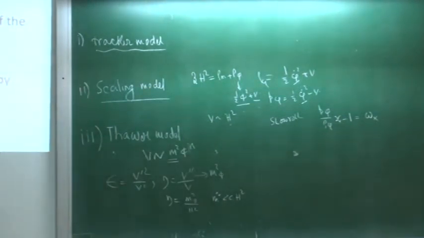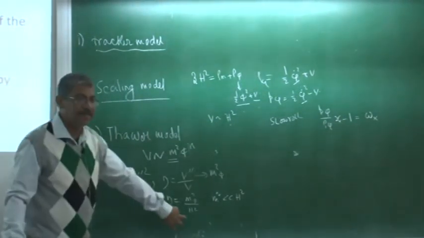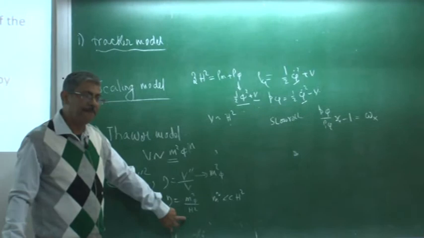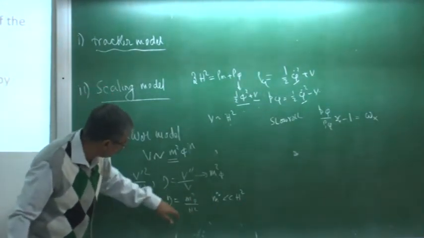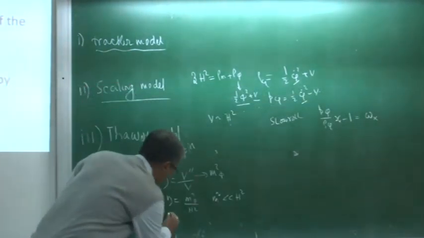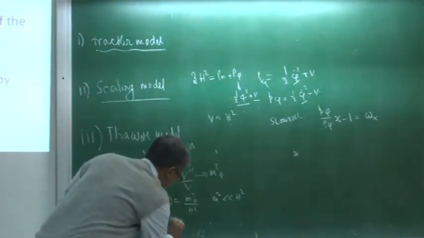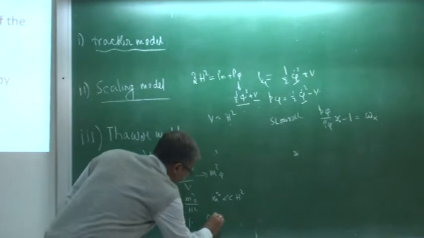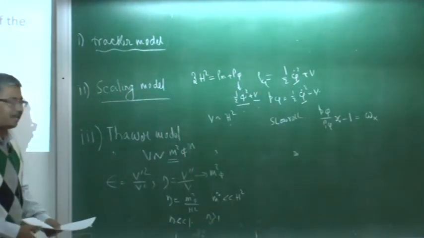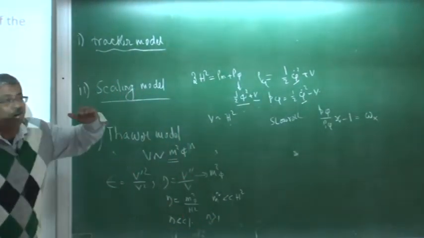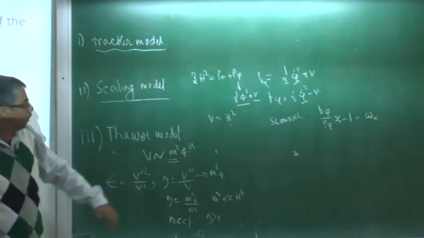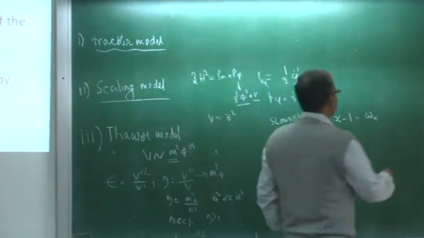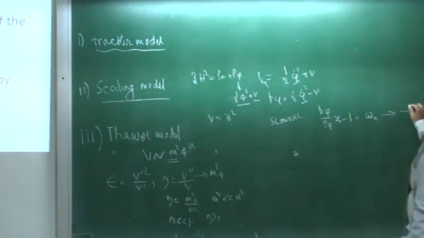But as the universe evolves, the H started decreasing. At some point of time, this term will no longer be satisfied, this eta is no longer smaller than 1, eta can be greater than 1. So once the eta is greater than 1, the scalar field starts evolving. Because it is no longer frozen, it starts evolving. Fine. Once it starts evolving, the W actually starts increasing from minus 1.